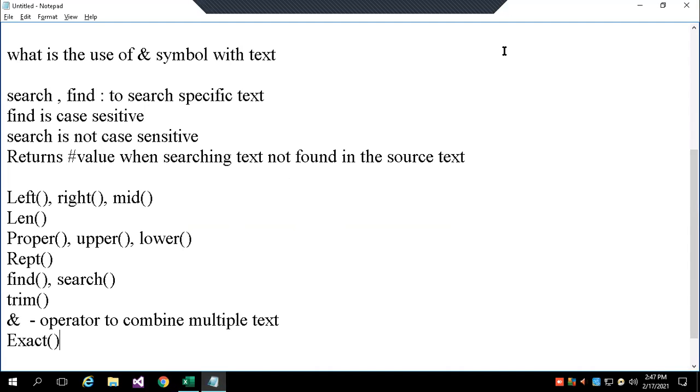Any doubts? Aisha's messaged. Okay. Anybody have doubts with this text function? Any doubts, Path?